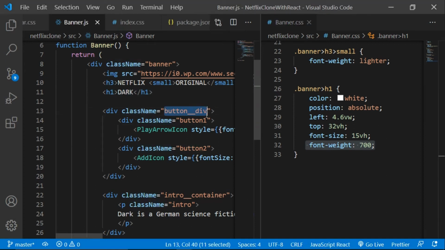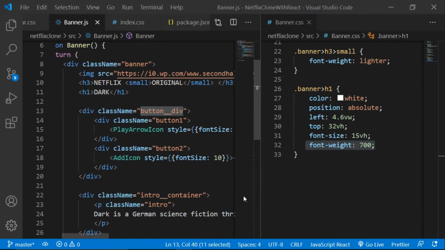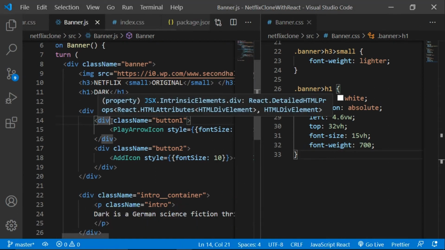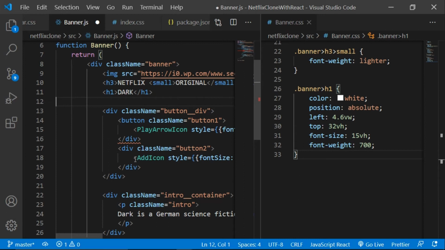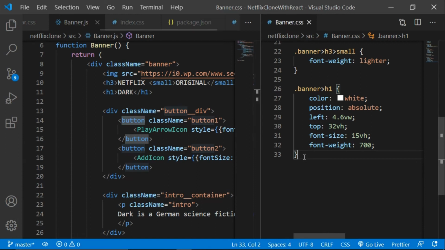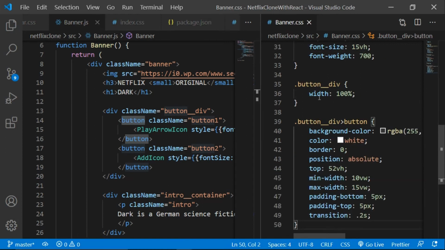Let's directly jump into buttons here. Firstly we're going to target this button underscore div, which is kind of a container for both the buttons. So let's target this button. Okay, I think we need to add a button tag here, not a div tag, because div is something different and button tag is something different. As I told you earlier, if you don't know what HTML is in detail, you can watch my full stack web development playlist. That is obviously going to help you a lot more than jumping directly into React and trying to understand everything at the same time. So targeting this button tag, which is button div basically, with 100%.